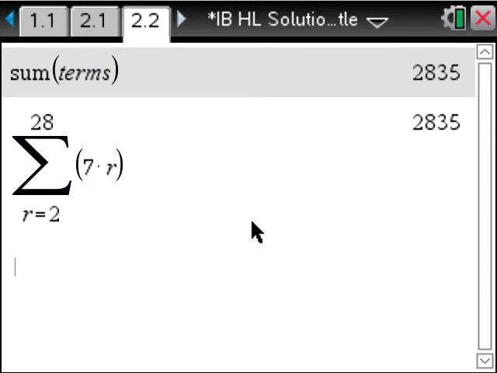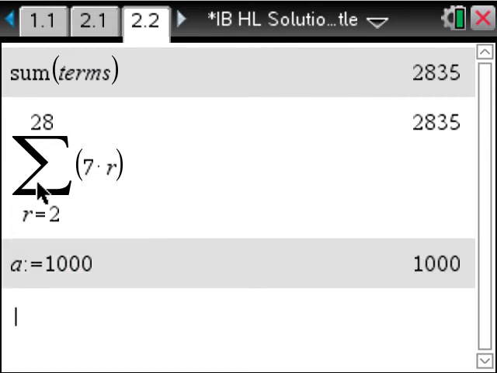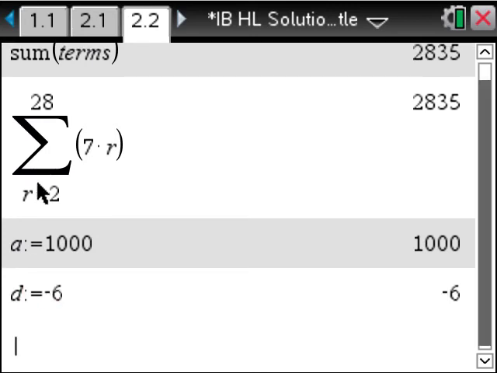And moving on to part B, we've got a function and we're told that the first term is 1000, so I'll do a is defined as being equal to 1000. Well, so the common difference is -6, so d is -6, and I want to have the sum to be negative, so what we want to do is look at the sum of the first n terms, and I'll define that to be, and I can just type in the formula as I normally know it,